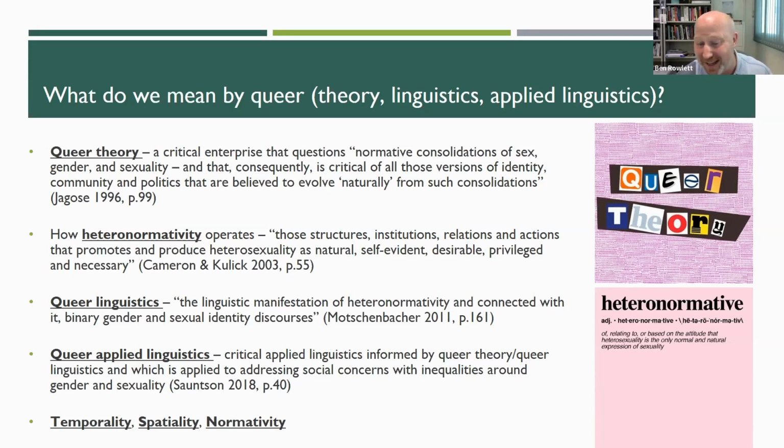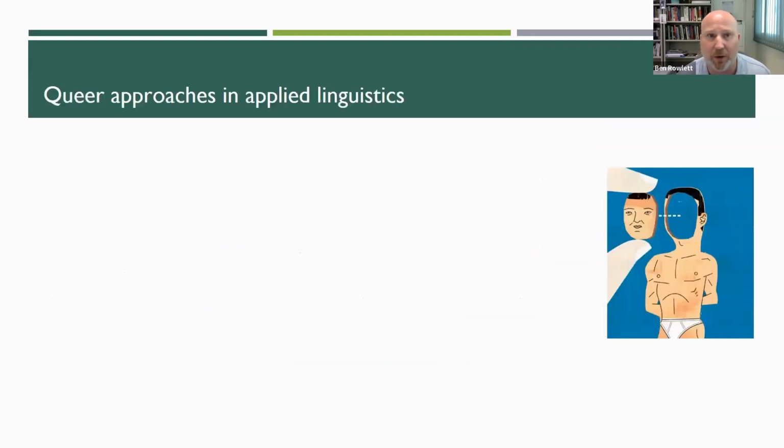But before doing that, I just wanted to again provide a brief overview of research that has deployed a queer applied linguistic approach. And a good place to start is with Helen Sauntson and her study of language, sexuality, and education in the context of UK secondary schools. In her analysis of the language of sexuality in this context, she highlights the real-world implications for policy and practice relating to schools in the UK.